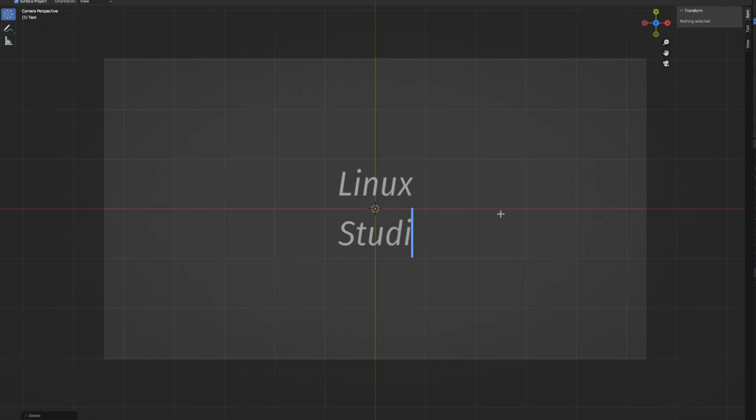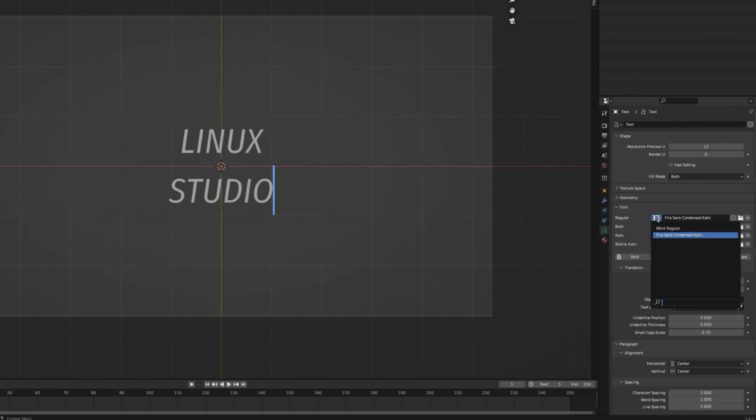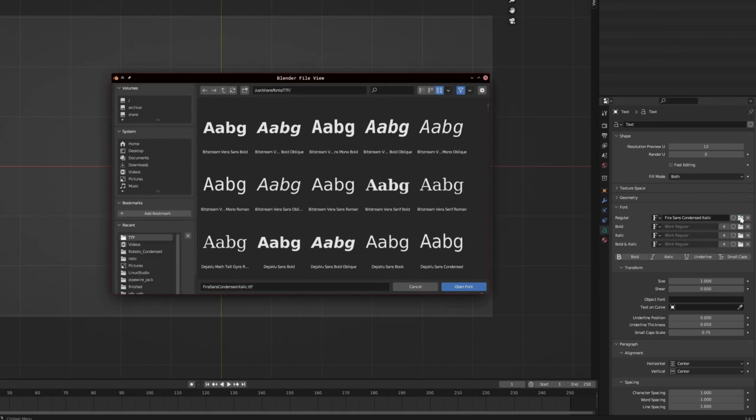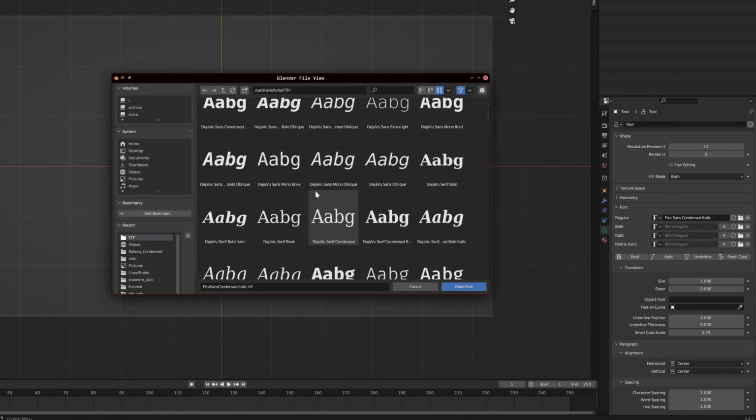Still not really sold on that font. Let's choose a different font. We've got time here. So again, folder icon. It'll open up back to the directory that we were in before. So let's just choose something that may be a little more appropriate. Let's try,